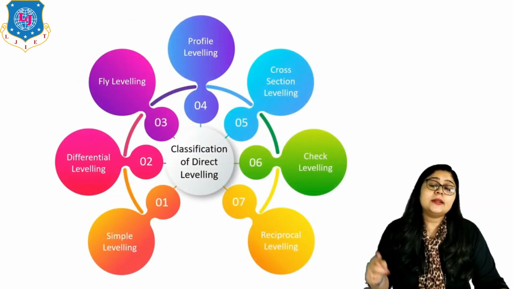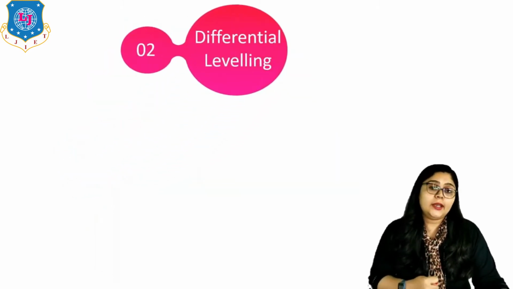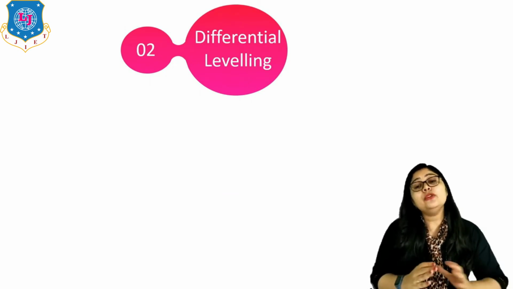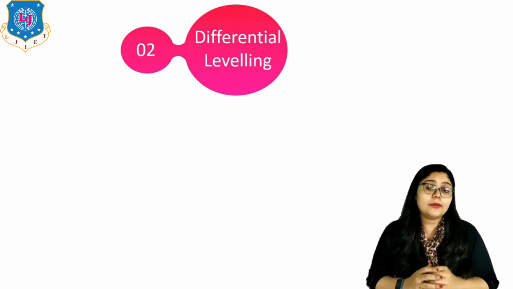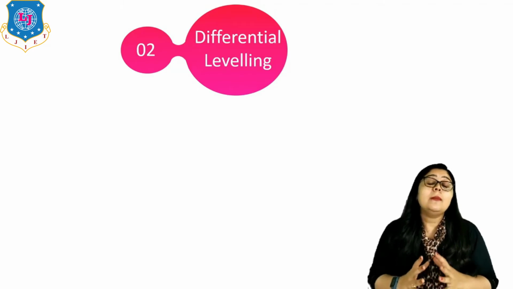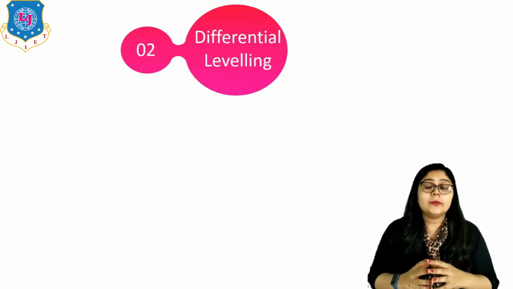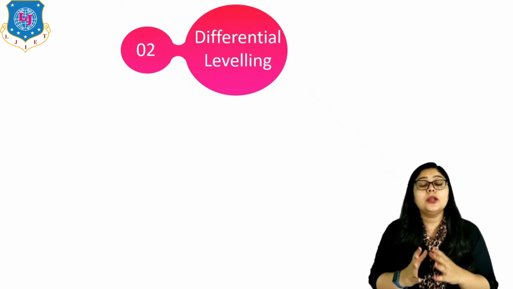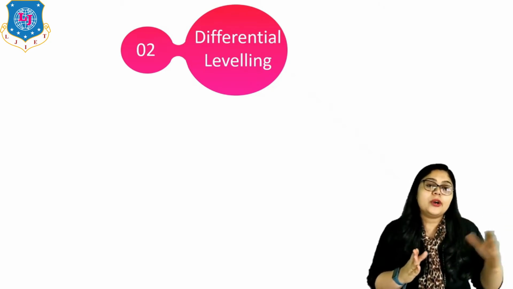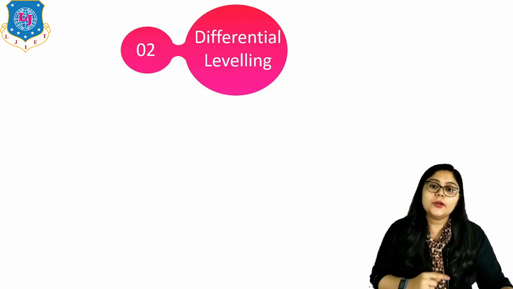Now let us understand the second term, differential leveling. So what is a differential leveling, or when do we have to go for the differential leveling? So as I said, if 2 points are intervisible through one setup, then we go for the simple leveling. But every time it is not possible, because sometimes due to curvature of earth or due to ground condition, it means a hilly or a valley condition over there, it is not possible to see all the staff points or all the station points through one setup. At that time we go for the differential leveling.